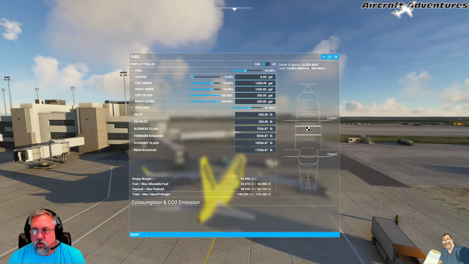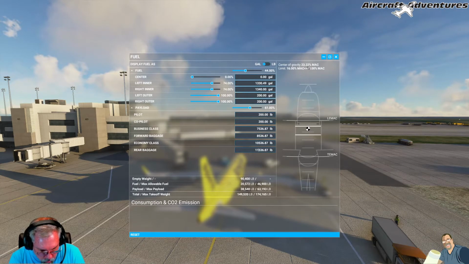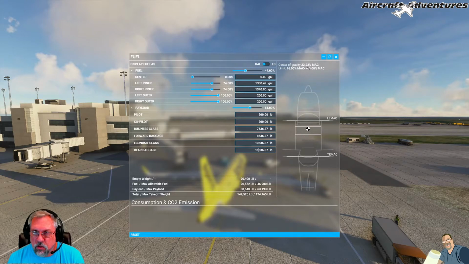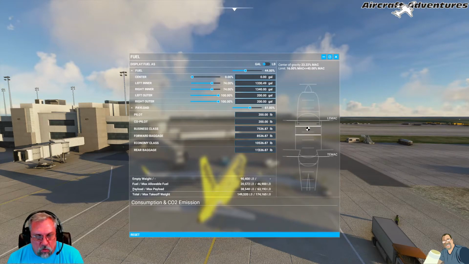And now we are at 23.22%. We'll make a note of that, 23.22. And we'll use that reference to figure out what our trimmable horizontal stabilizer setting is going to be. So that's it. We've got our fuel set, our payload set. We have a total weight of